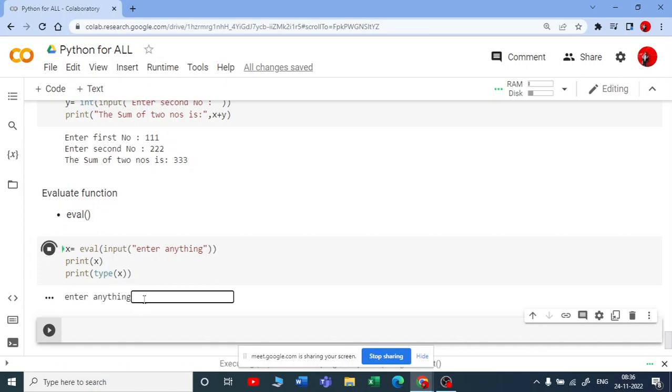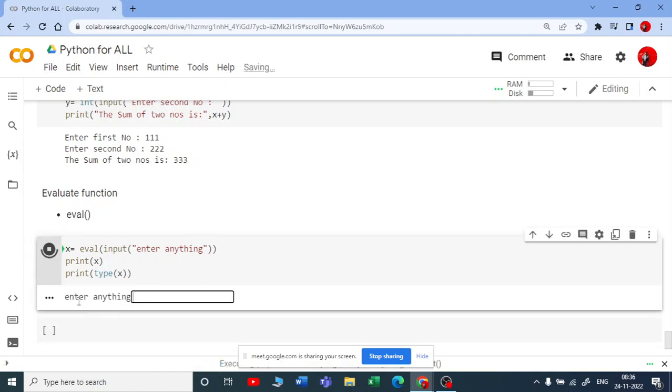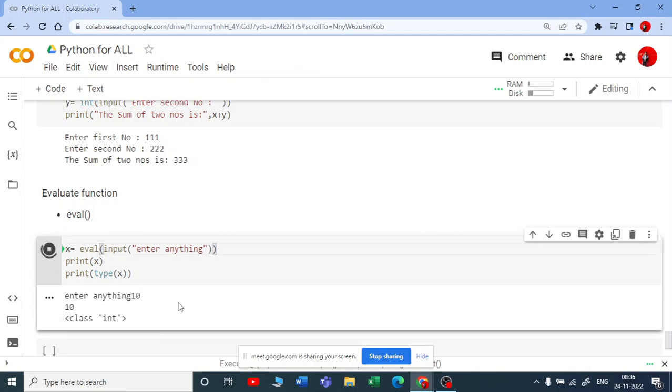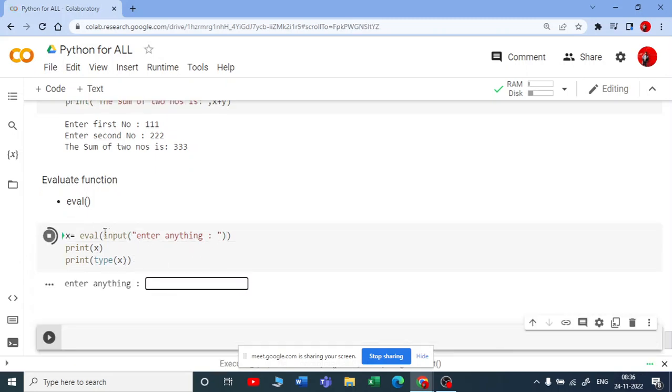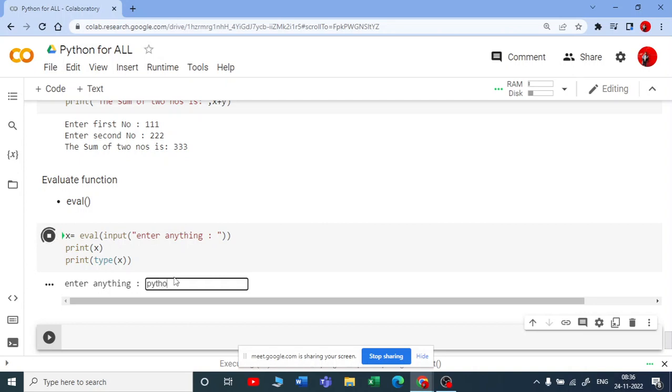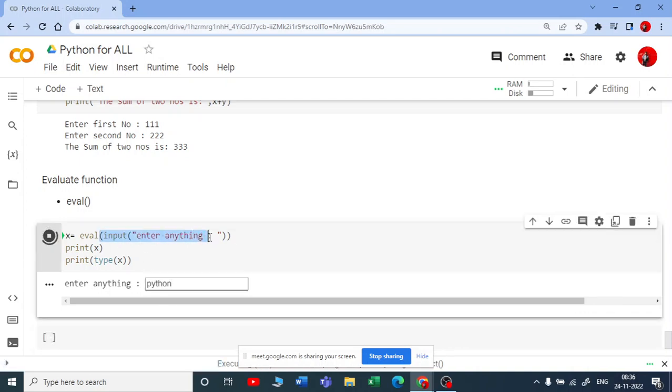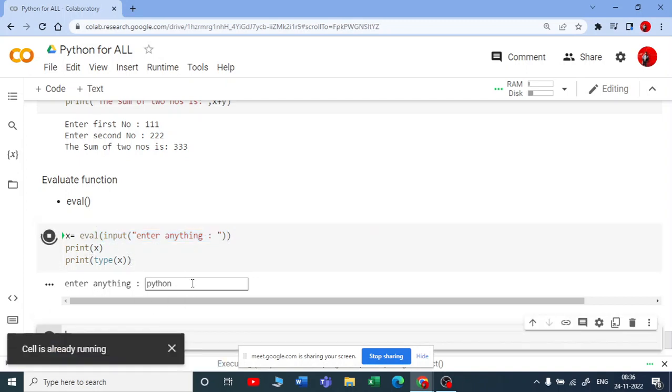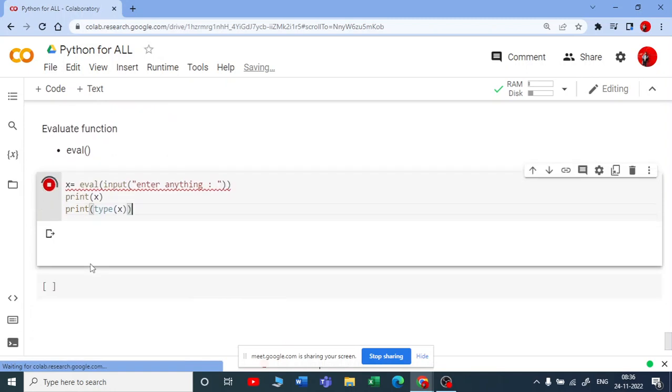If you take the eval function, now if the user enters anything, for example if he enters 10, and if I run this, you can see here it is an integer. So it will automatically evaluate whatever the user enters. That is a specialty of this eval function. If I write Python, I have taken a string. Basically this input will give you a string only, but if I write eval and run this, if I press enter here, now you can see,